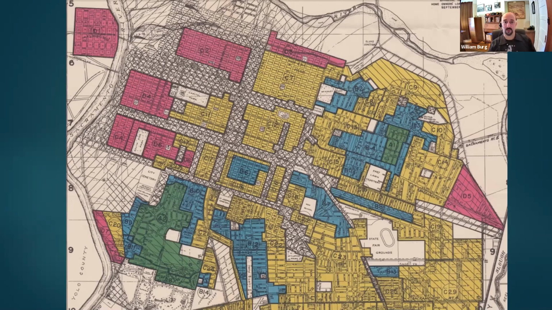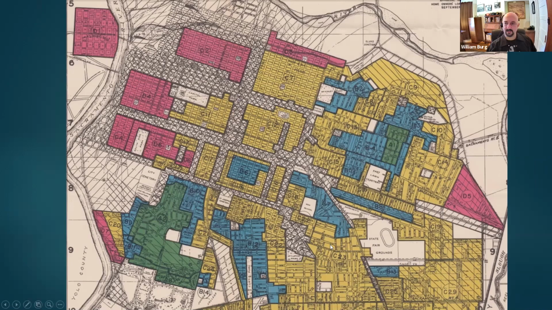And because banks took these government maps as official, they were not a place where you could get a home loan, period. Very often the yellow areas on the map, it was much harder to get a home loan. They were more expensive. And so you can see that the West End that I mentioned, the area between Capitol Park and the Sacramento River, was redlined, as well as Southside Park, Alkali Flat, and Mansion Flat. The northern edge of the central city through Boulevard Park, which, as I mentioned, is considered a pretty fancy neighborhood. And then the yellow zone covered most of the central city and even parts of East Sacramento and Oak Park.